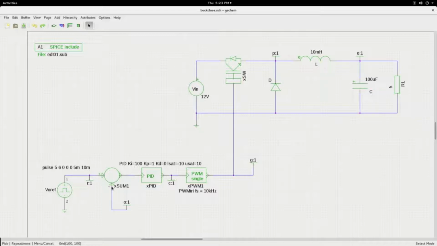Here you have a difference amplifier, plus and minus. To the plus, I am giving a reference voltage. The reference voltage, as you see here, is not a constant. I have given a kind of pulsed disturbance, so that we will see that the output is tracking this pulsed disturbance. However, in actual practice, this will be a pure constant set point value. The difference between the set point and the feedback voltage, the error, is fed to the PID controller,